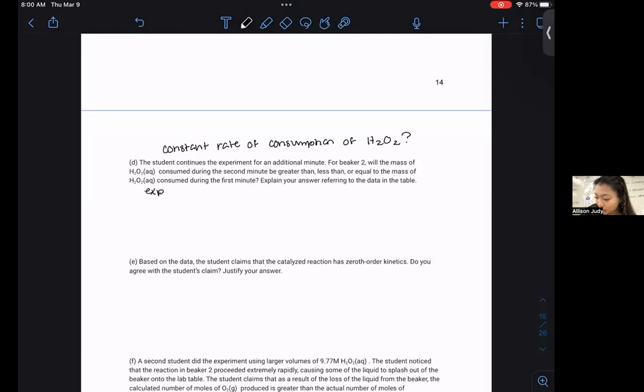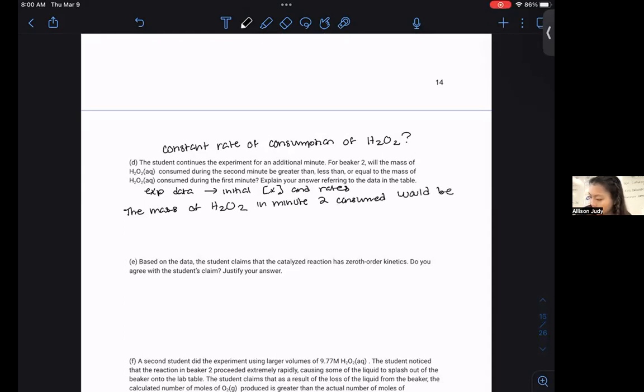Don't forget, with experimental data collection for rate, we always take the initial concentrations and rates, because we know as time goes on, you simply run out of reactant, which naturally statistically lowers the collision frequency and therefore lowers the rate. Not because anything inherent in the reaction, just simply because you're running out of particles to react. So we would say that the mass of H2O2 consumed in minute 2 would be less than the mass of H2O2 consumed in minute 1,